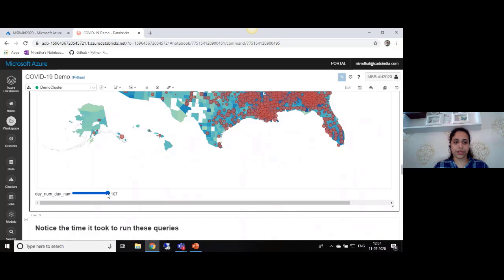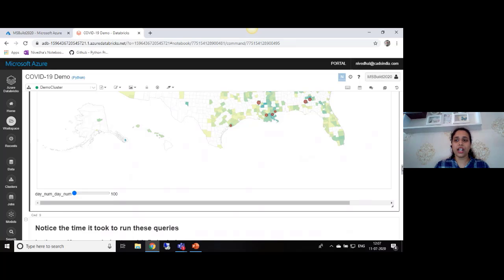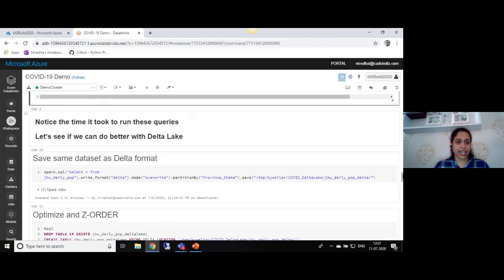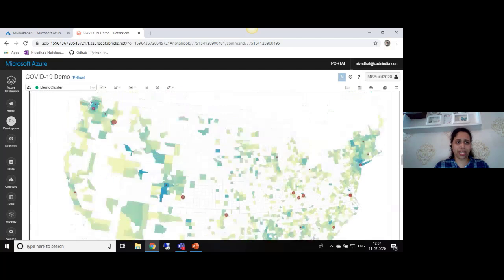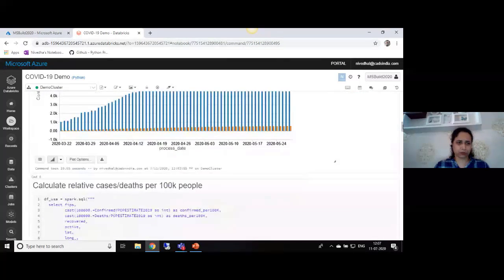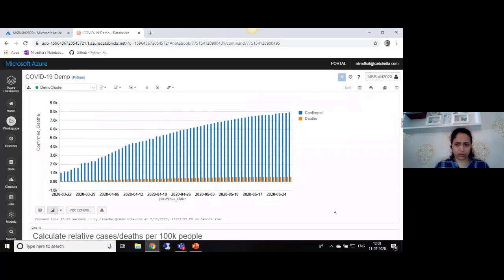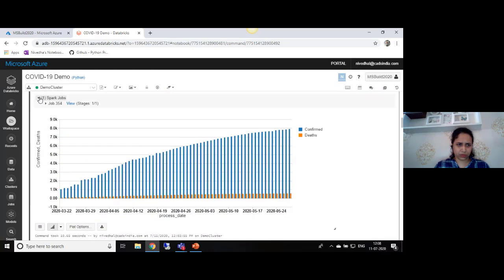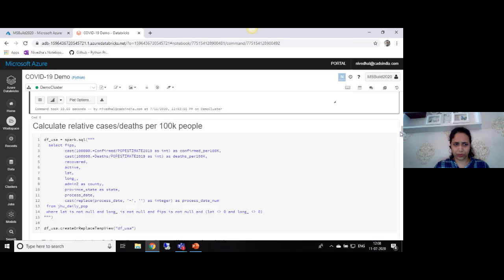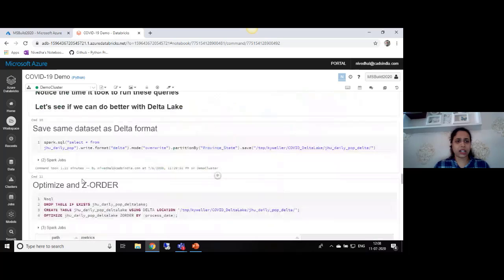We can even reduce and see how it works. So on day 1, the cases are a bit low. On day 125, it is a bit low. So that is where this chart comes into the picture. Next, if you have seen the before queries, now what we are doing is we are just getting a parquet file and